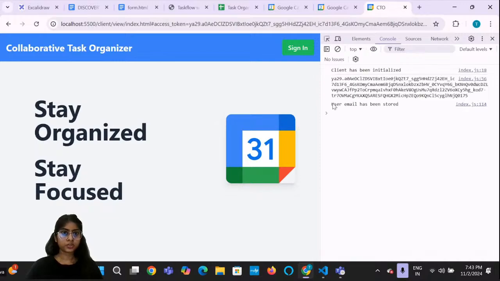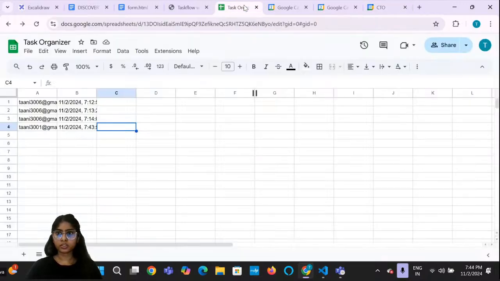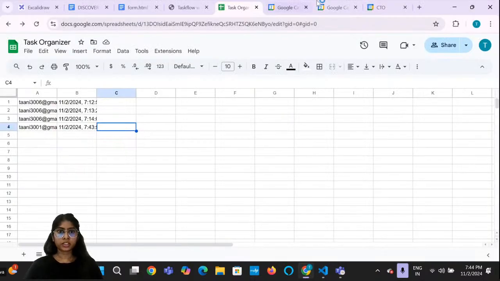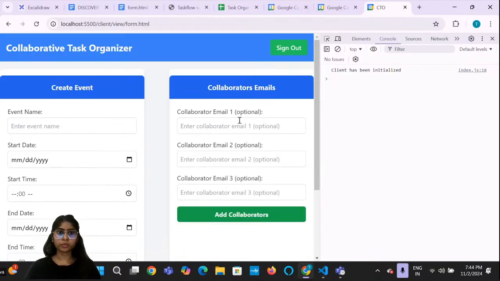It shows that user email has been stored. Okay, maybe it was a refreshing issue or something, but now the user is getting stored. So now I will again uncomment it so that it redirects back to the form page, and I will create another event